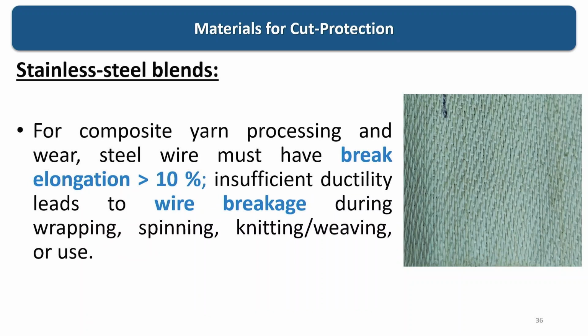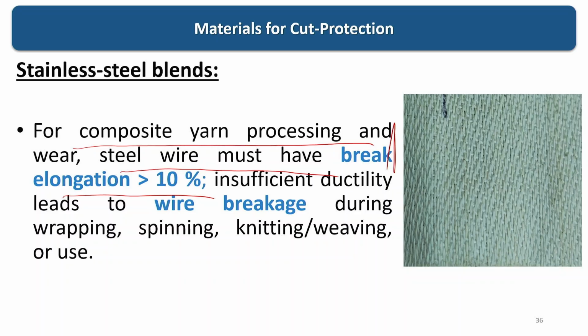Now, stainless steel blends for composite yarn processing. Composite yarn we use in core-sheath type of yarn or wrap yarn processing, and the stainless steel must have breaking elongation of more than 10%. That is very important, because if the stainless steel's breaking elongation is less, if it is not ductile,